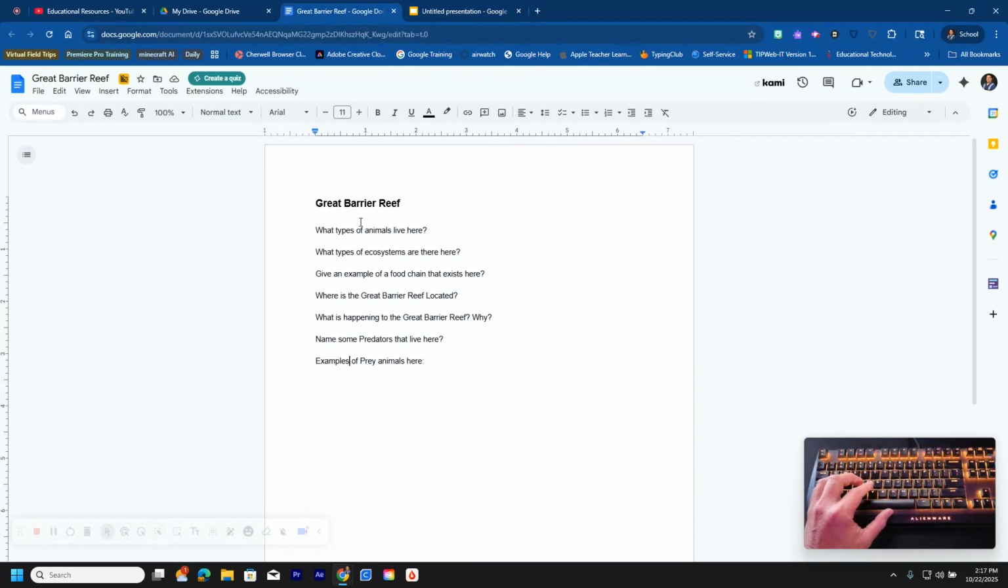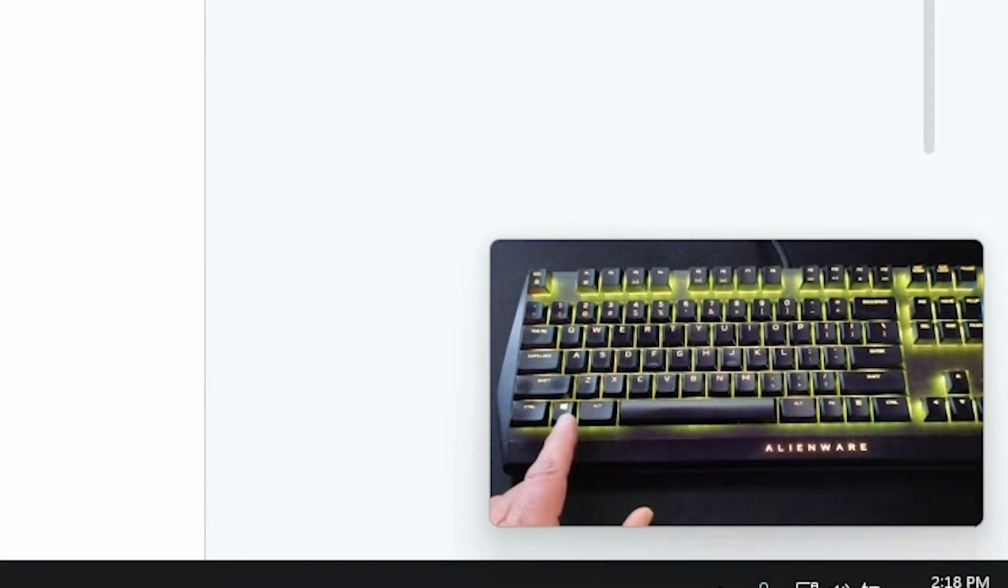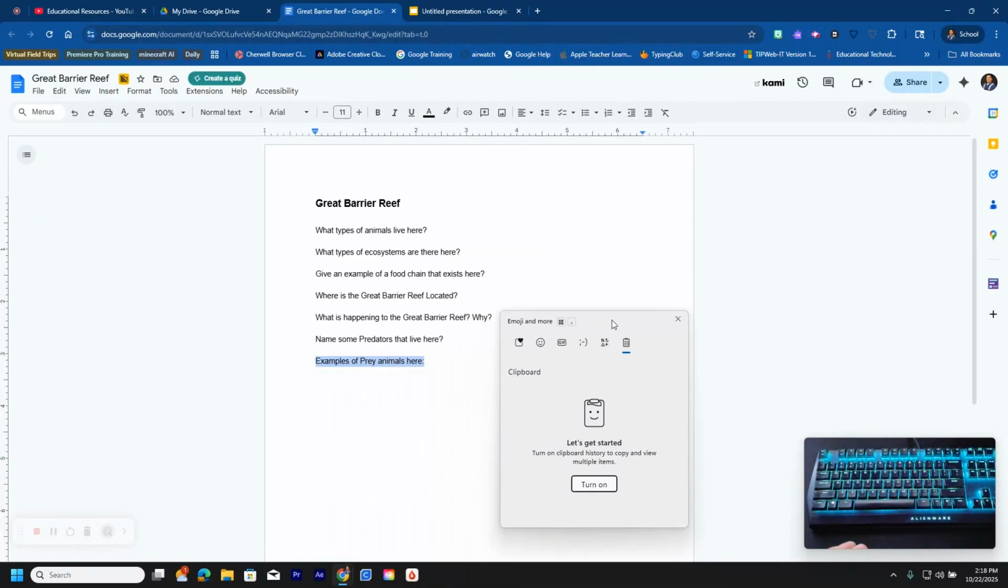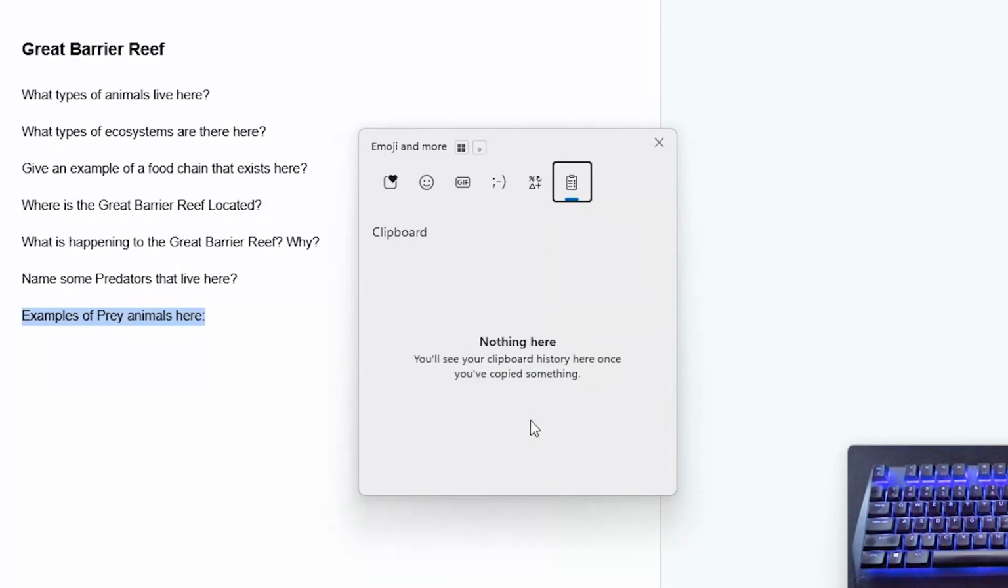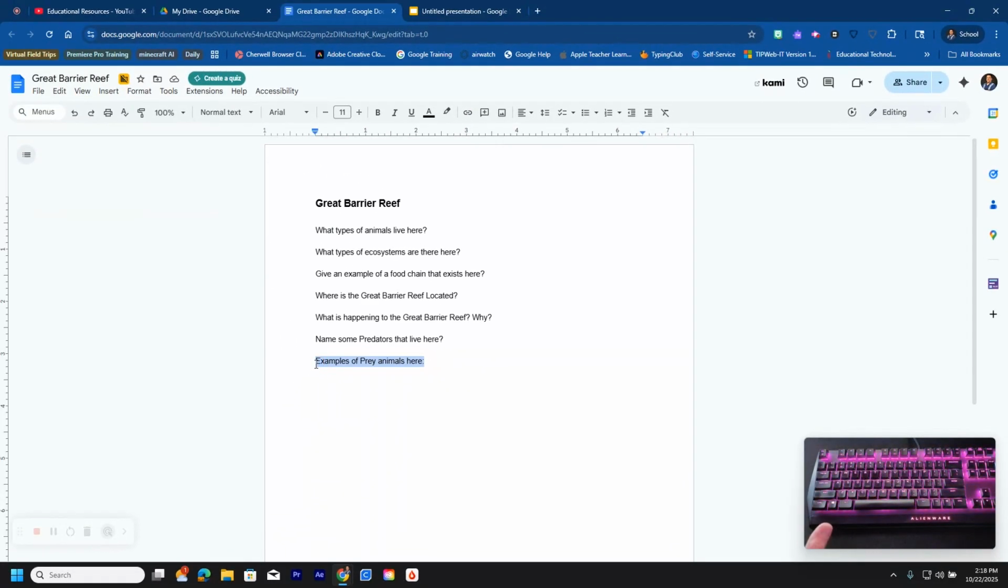If we come in here to a list like this and we want to copy and paste something, we can highlight, and then on our keyboard we're going to hit the Windows button and the V button at the same time. That's going to pop up this little pop-up menu. It's for our clipboard. If we click Turn On, we come back here, and now if we do Control-C, we